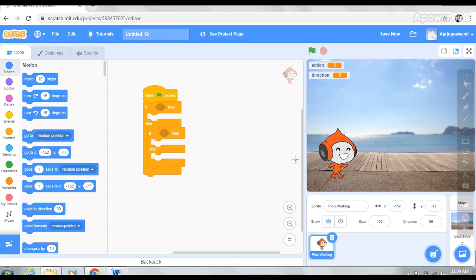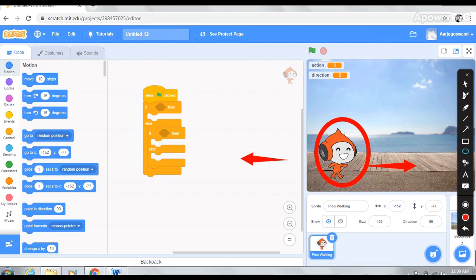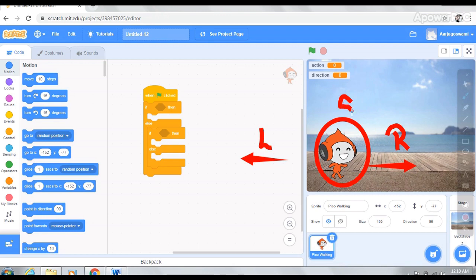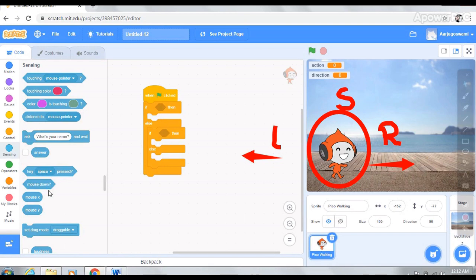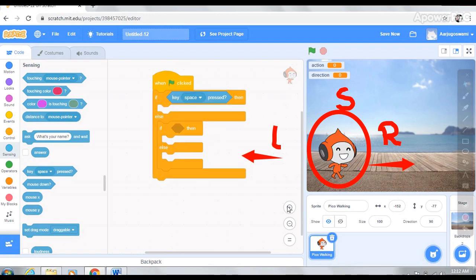After that I want to write my program, and this basic program has three basic concepts. The first concept is that either my sprite is going to the right side, or it's going to the left side, or it should be stable. As you can see in the program, when it is not moving at all, it means it is stable. Now I take two loops, if else, if else. In this I'm going to write the program.